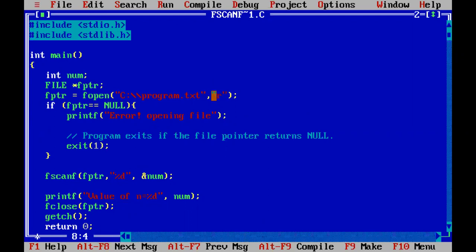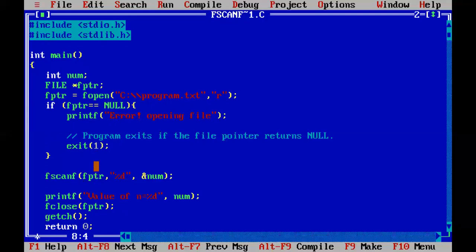Read mode. If file pointer is not equal to null, no error, otherwise error. The fscanf function is used to read data from the file, not from the keyboard. The normal scanf function is used to read data from the keyboard, but the fscanf function is used to read data from the file.